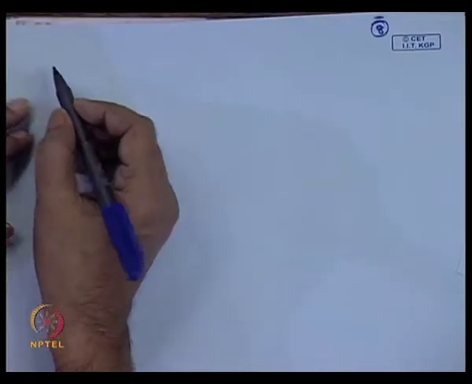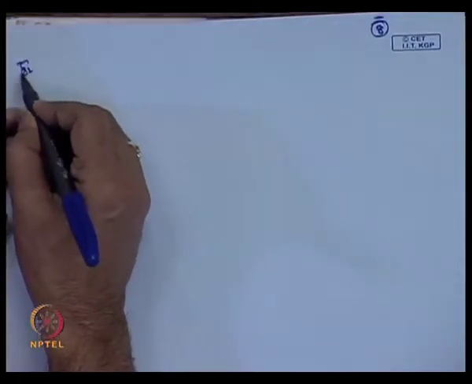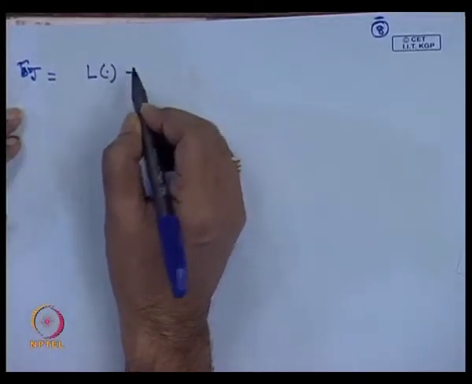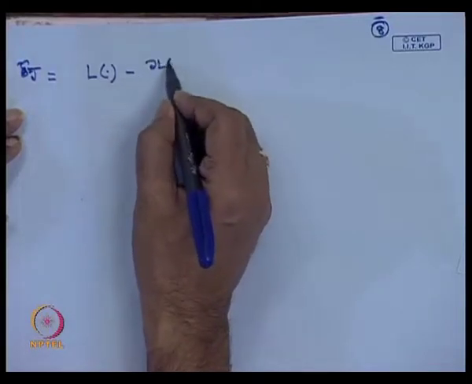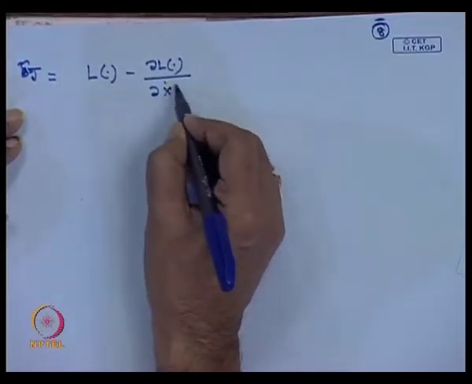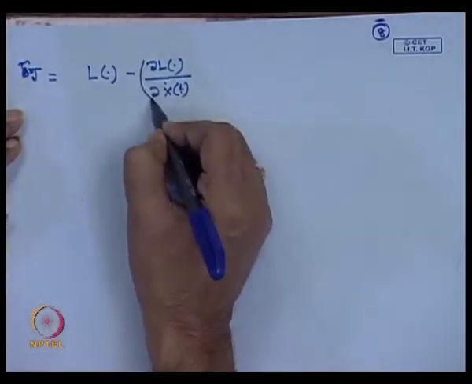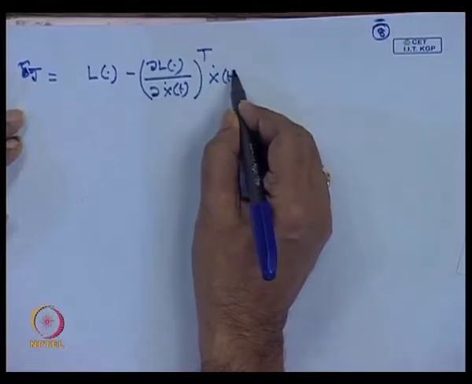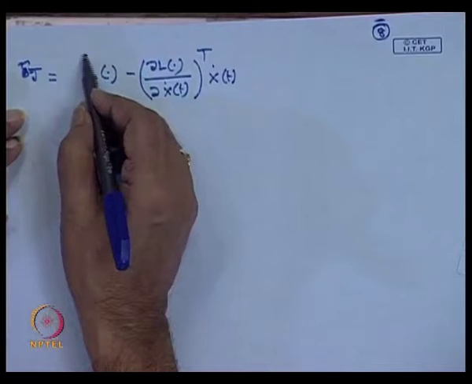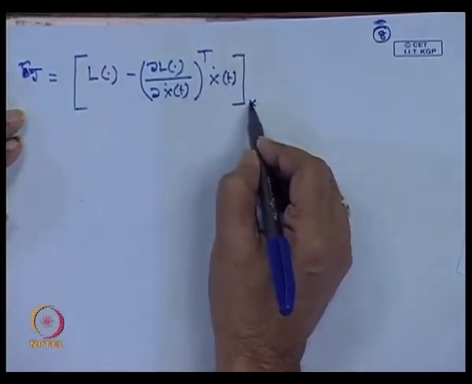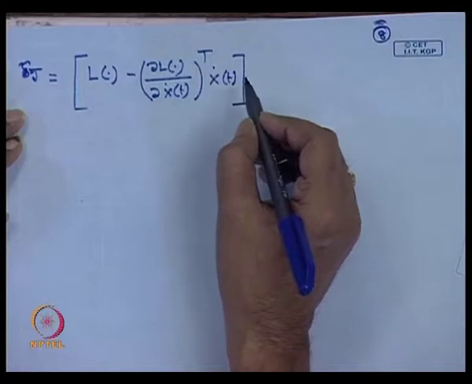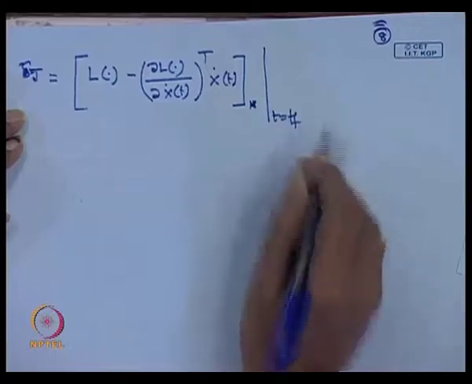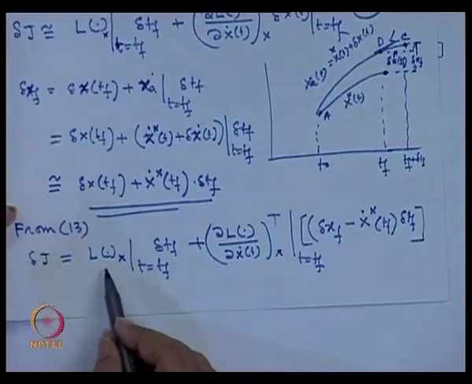If you simplify this equation, I can write delta J is equal to L minus del L del x dot of T whole transpose x dot of T, that whole star, agree, the whole star, then put T is equal to T f,